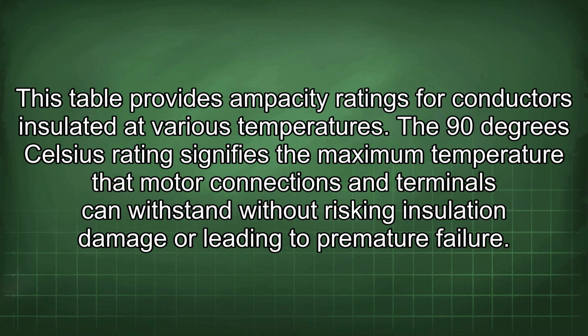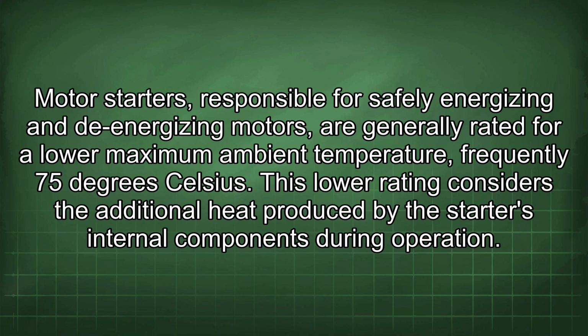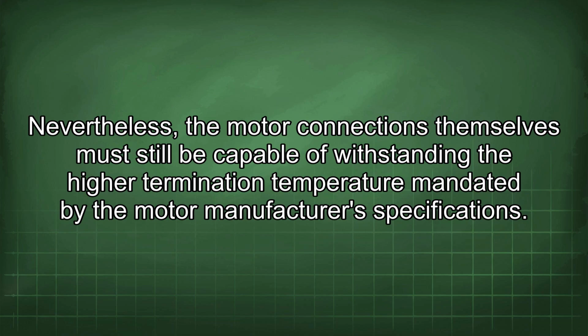The 90 degrees Celsius rating signifies the maximum temperature that motor connections and terminals can withstand without risking insulation damage or leading to premature failure. Motor starters, responsible for safely energizing and de-energizing motors, are generally rated for a lower maximum ambient temperature, frequently 75 degrees Celsius. This lower rating considers the additional heat produced by the starter's internal components during operation. Nevertheless, the motor connections themselves must still be capable of withstanding the higher termination temperature mandated by the motor manufacturer's